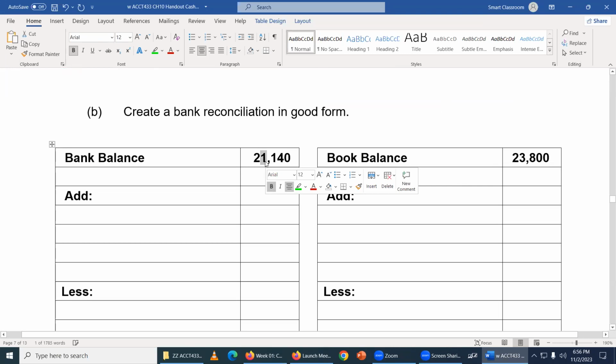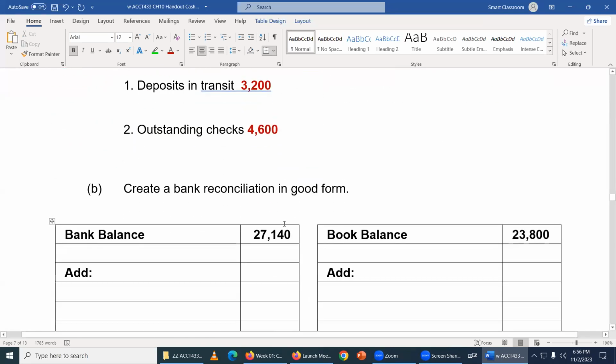Professor, where did you get the bank balance? Which one? It was 27. Yeah, I goofed up. That's right, I got it. I made a mistake. Okay, so our deposits in transit